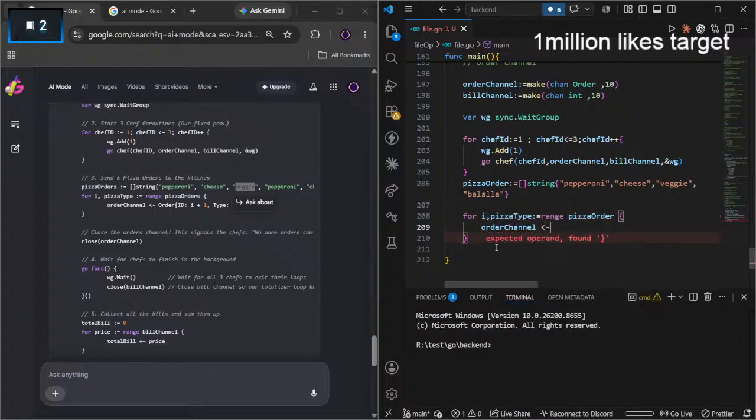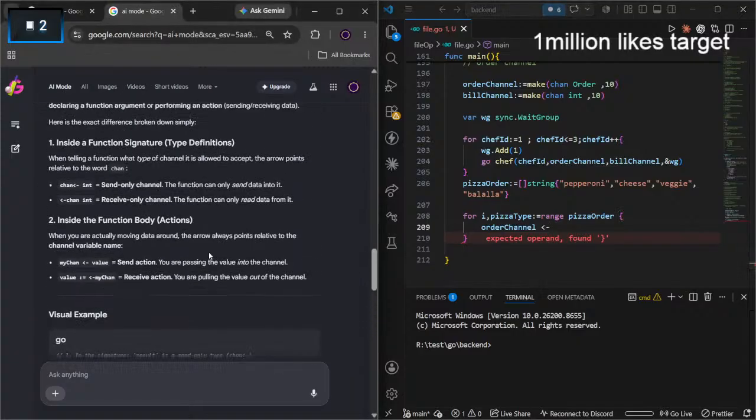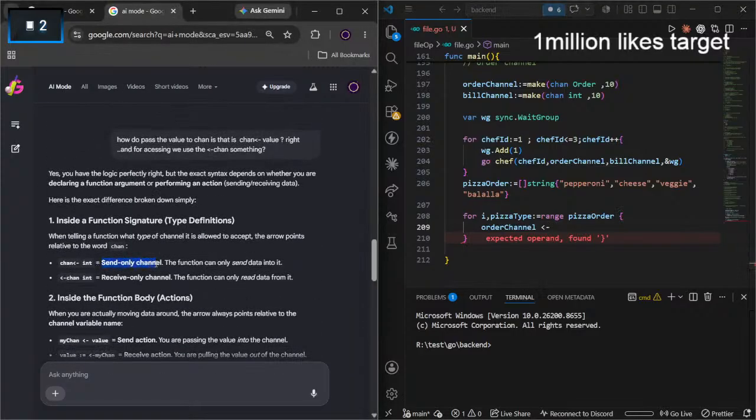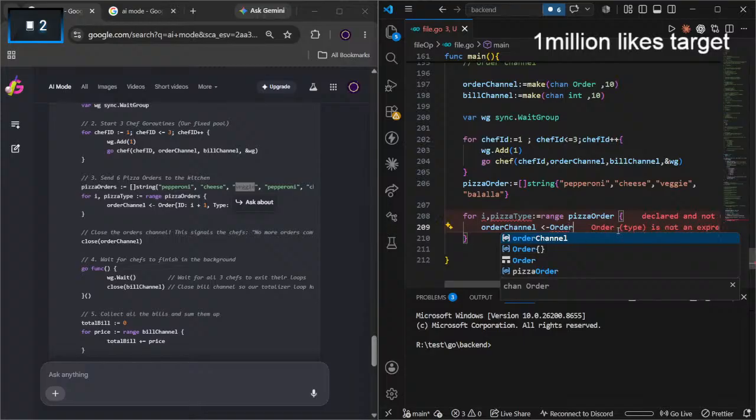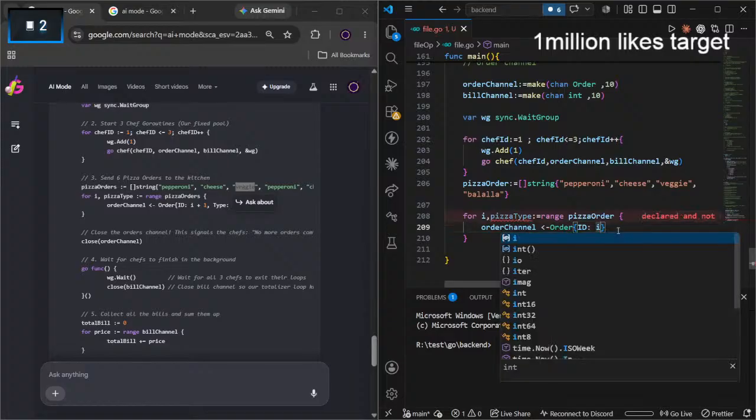We are passing the value now. What was it, I forgot again. Send value, receive. Sending. Now we are sending the order, which is going to be ID i plus 1.